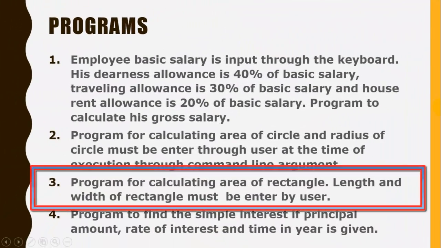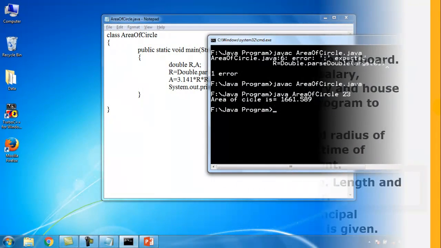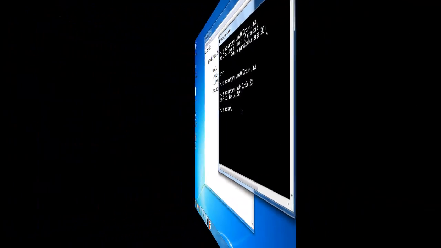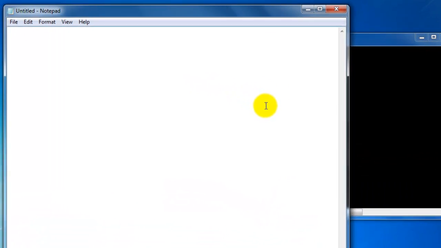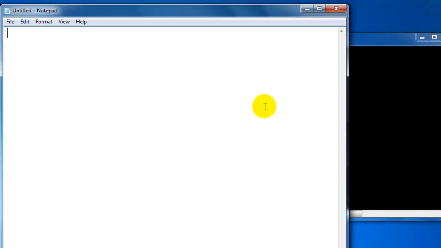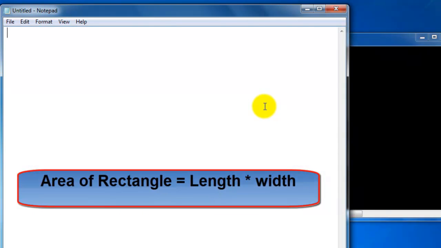Now in the next program I am going to calculate the area of a rectangle. The length and width of the rectangle must be entered by the user. So let's write and try this program. To calculate the area of a rectangle, we need the length and width of the rectangle, and then we can put these values into the formula and calculate the area.